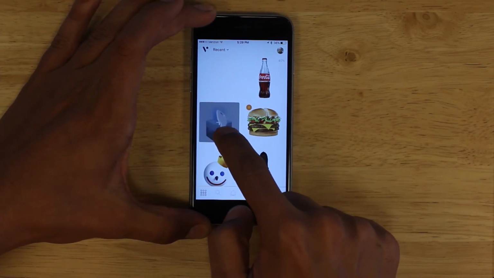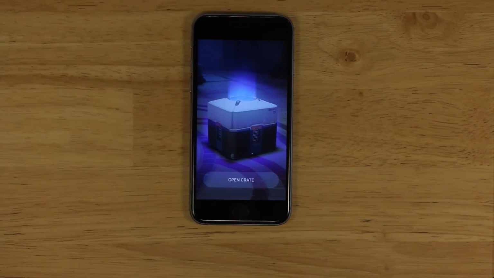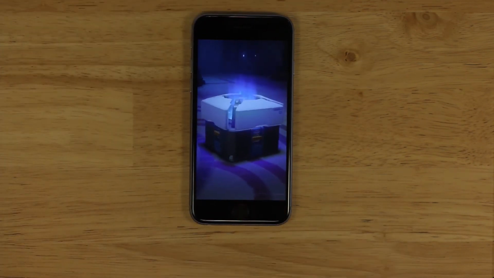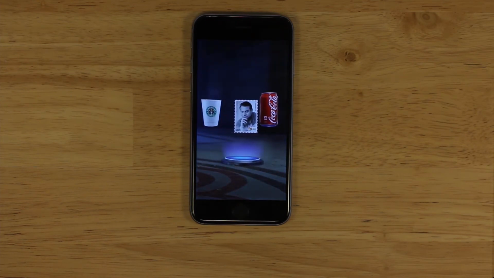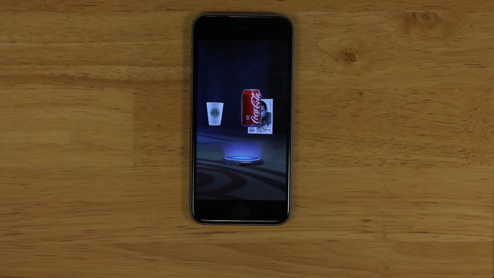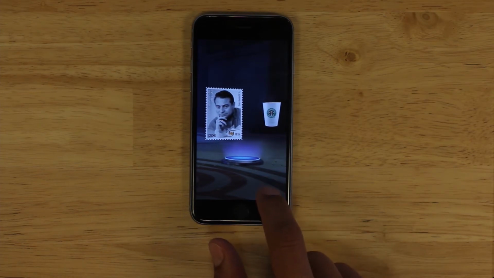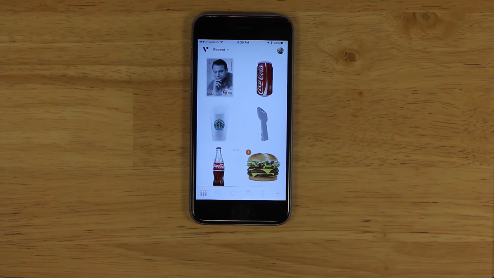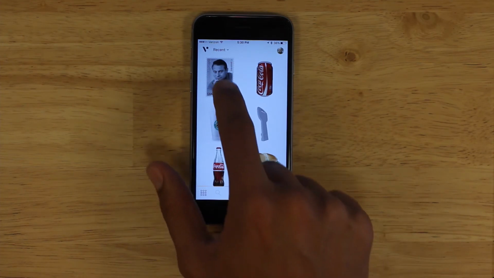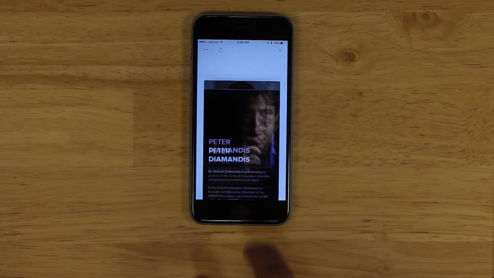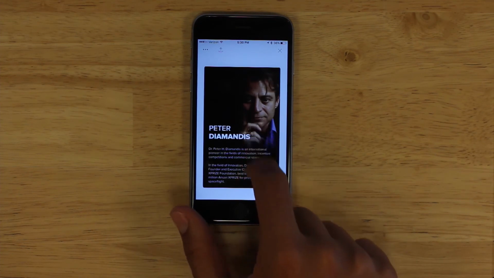I now have the key. I can put it on the crate. I can open the crate. This crate is now enabled to explode with things tailor-made for me. This crate can now open, and inside it has objects that I can now take into my inventory. It makes a gamification process of getting gifts and giveaways and coupons and digital works of art and other things that you might find in these crates. So now those things showed up in my inventory. As an example, there's a stamp from Peter Diamandis.